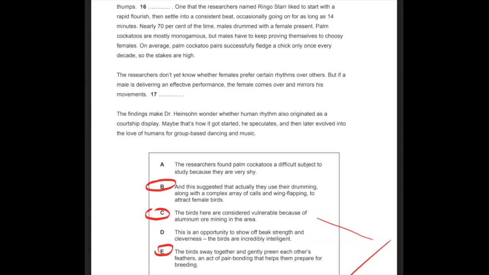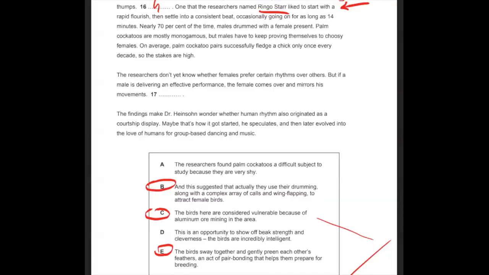And now, as I said, it's talking about one particular unique cockatoo who had a unique drumming pattern after they've analyzed a whole bunch of different sequences, right? That implies that the best answer for this would be something that talked about how each cockatoo had a different percussive style, a different way of playing it, which is why they go on to elaborate and talk about one particular cockatoo as an example, right? That's why the best answer for this one is G.